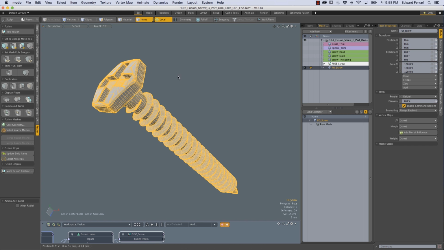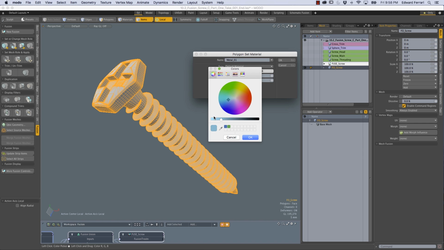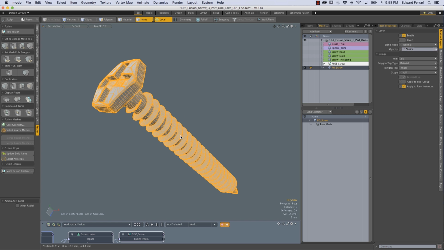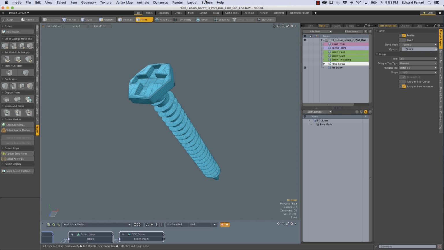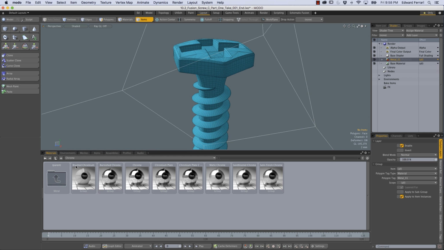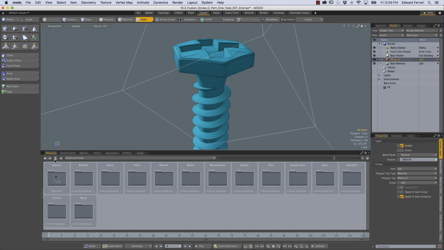So I'll go into items mode and I'll select this mesh item, and then I'll hit M for material, and I'll just give this a name of metal underscore 01. I'll change the color to a kind of bluish color. Hit OK. Okay, now let's go to the Layout tab. And I'm already in, looks like, my Chrome settings. If I navigate up to the top of the Material preset browser, we can see that we have all of